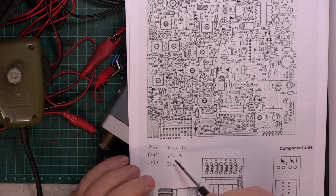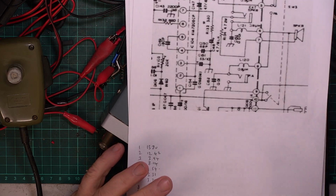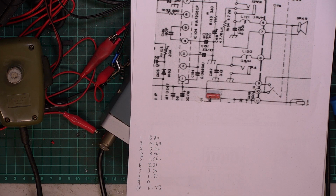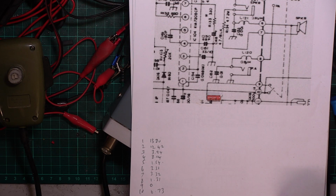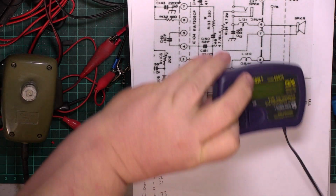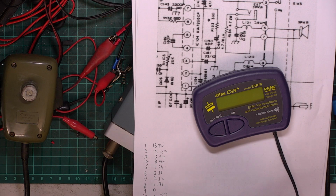I even took out the small decoupling capacitors and made sure that that wasn't where the loss was. Finally found it. 4.7 microfarads. If we put the ESR meter on that one, but taking them apart to this level,